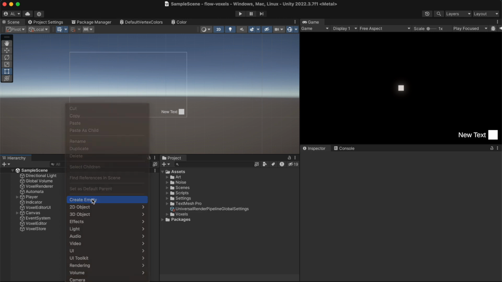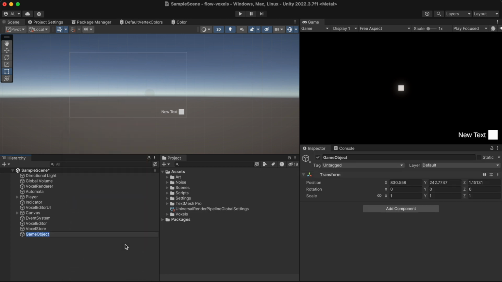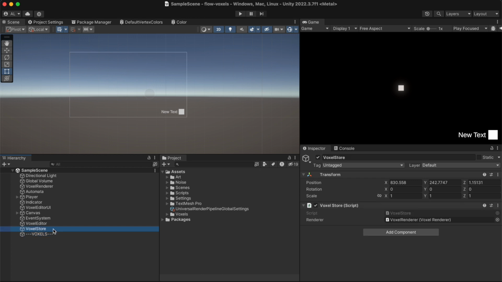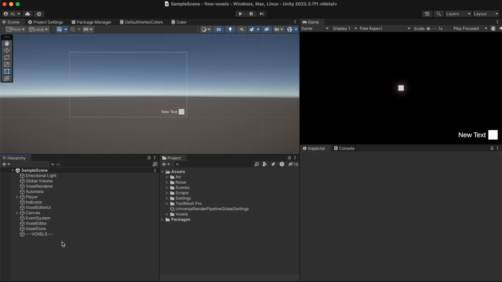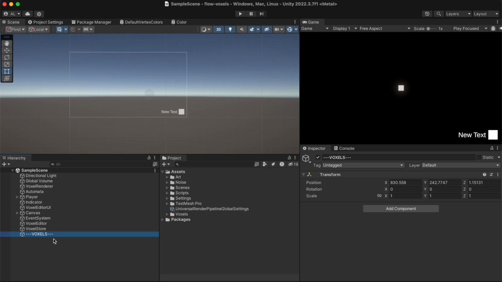Let's create a game object, and this is going to simply be the parent to all of our voxel game objects related to the voxel system. So let's call this voxels with 3 minus signs in front and behind. Then let's drag in our voxel store, and before we drag in the voxel store, let's make sure all the positions are reset. So go to the voxels game object,